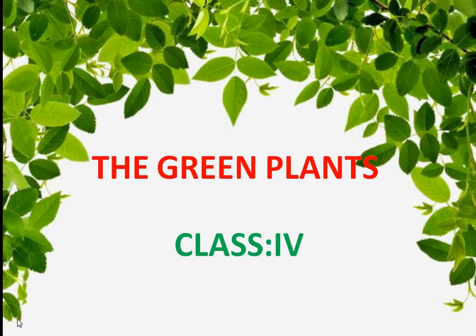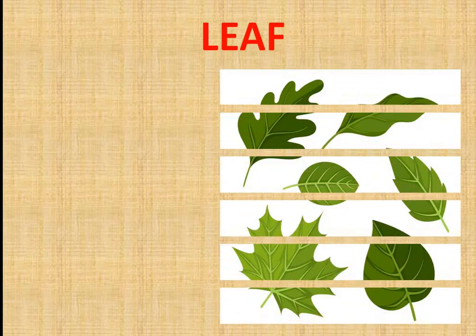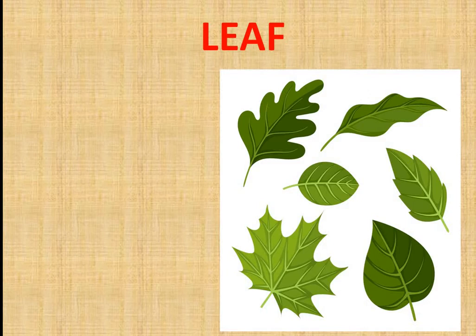As you can see around yourself, there are different types of plants, and different types of plants have different types of leaves. So let's start with the leaf first. Most of the plants on earth are green plants, right? Why do they appear green? They appear green due to the presence of green leaves. And why are the leaves green? Because of the presence of a green substance called chlorophyll, right? So most of the plants are green in color.